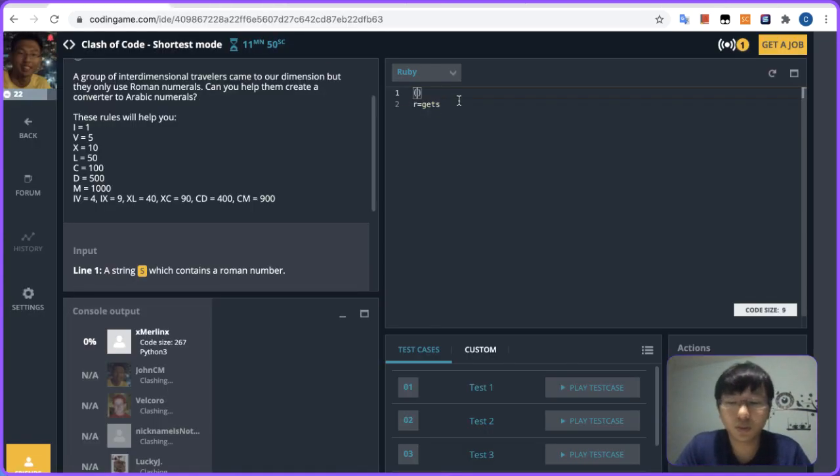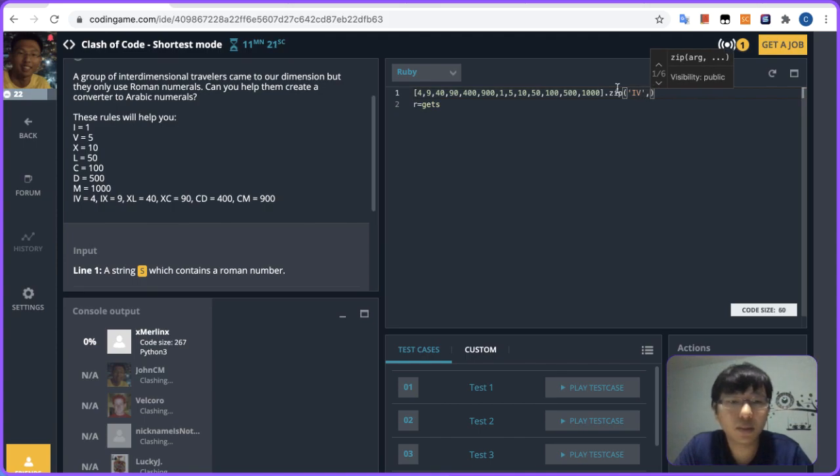So my a will be this. I do the bottom first: 4, 9, 40, 90, 400, 900. Okay, then 1, 5, 10, 50, 100, 500, 1000. A dot zip